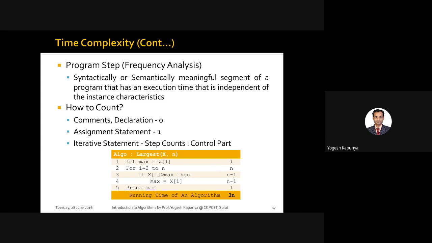If someone wants to ask me anything, they can discuss. This is very important. Remember, your entire understanding of time complexity depends on this. If you have not understood this, then you will face many problems when we are discussing time complexity of various algorithms or in subsequent topics. So you need to understand very carefully how the exact step count is being calculated. So I'm moving forward. You can always stop me if you find any difficulties.